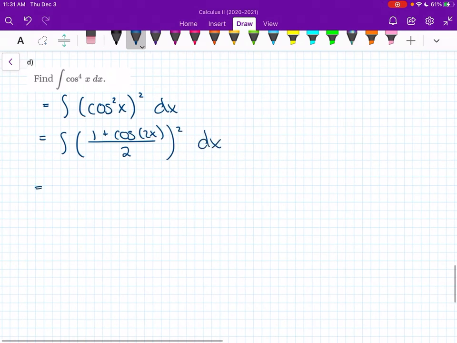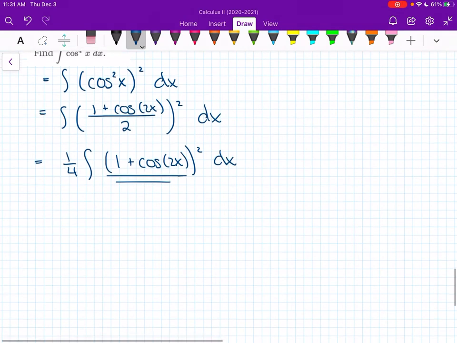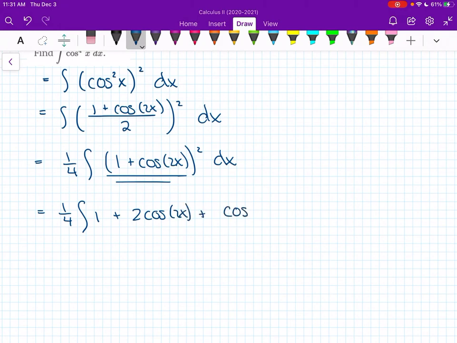I'm going to pull out the 1 over 2 squared, so I'm going to pull out a factor of a 4th just so I don't have to worry about it. And now I have 1 plus cosine of 2x, quantity squared. And then I'm going to FOIL that bad boy. So now I'm going to get 1/4 times the integral of 1 plus 2 cosine of 2x plus cosine squared